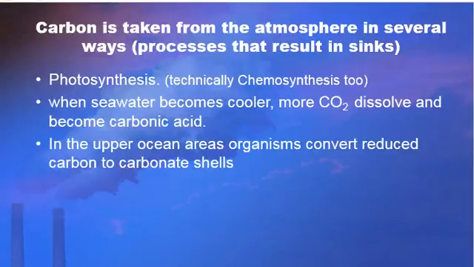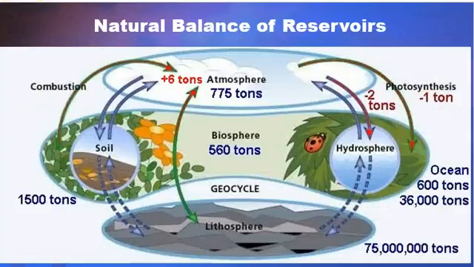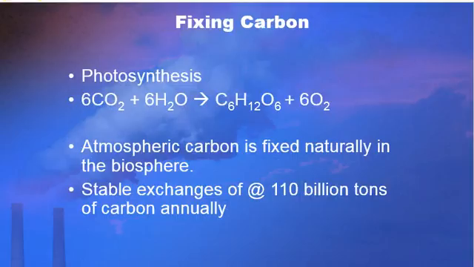And also in the upper layers of the ocean, in any shallow waters, you're going to have organisms that are taking carbon and they're turning it into their calcium carbonate shells. So they're taking in the atmospheric carbon dioxide also. And altogether, this forms a natural balance. And you can see that the numbers aren't even. It's not like you have the exact same amount of carbon everywhere. But this is the normal process of things. And you want everything to stay about in these ratios so that everything is nice and healthy and balanced with each other.